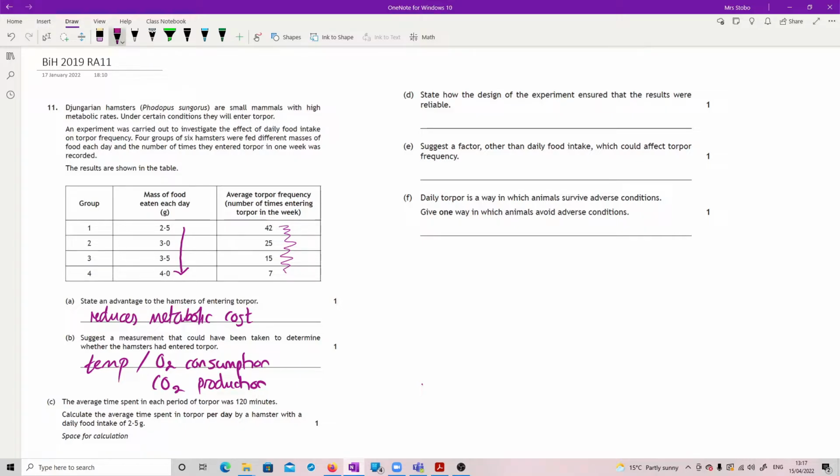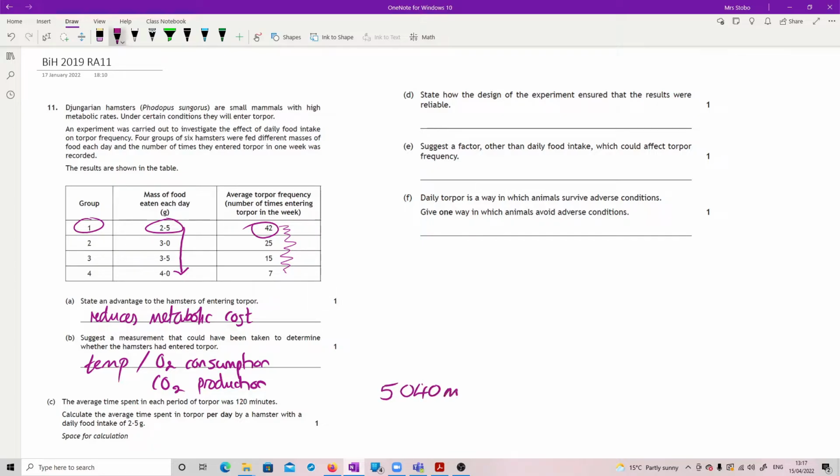So we have 120 minutes. Calculate the average per day by a hamster with a food intake of 2.5. So here's my 2.5, group 1. Number of torpors, 42. So average time per day, 42 times in a week. So I've got, we're going 120 minutes times by 42